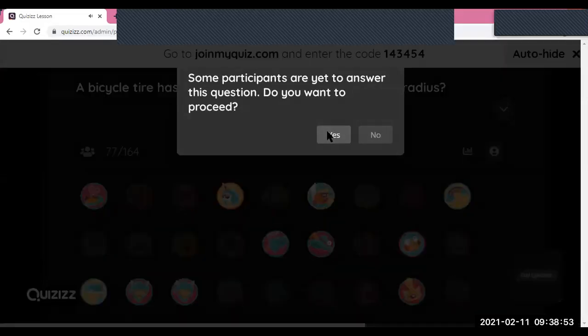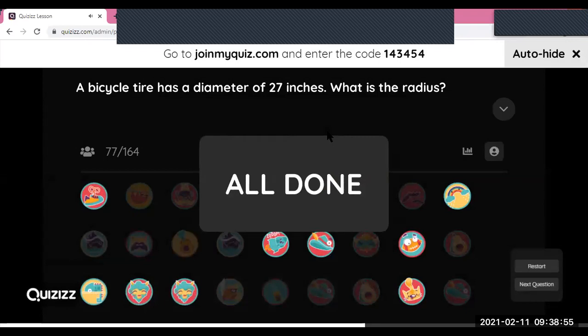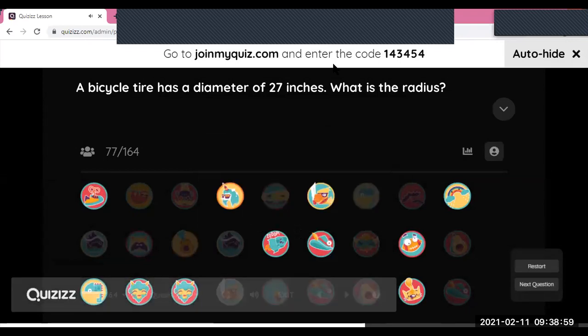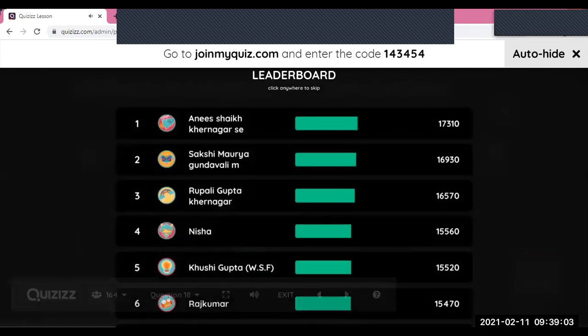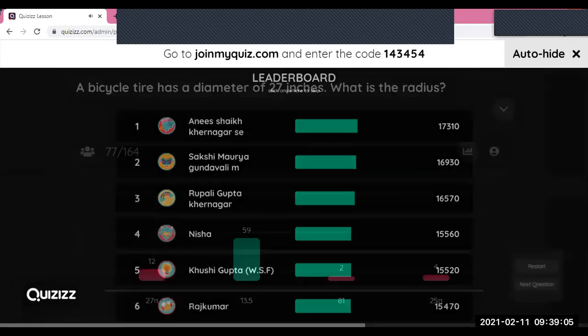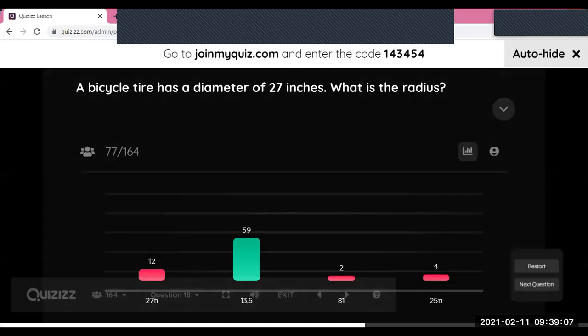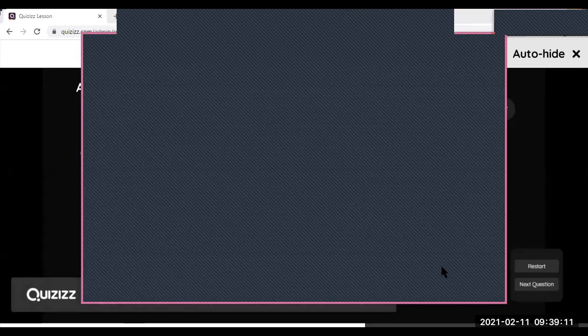With that, I'm going to end this question. Just check half of 27, that is equal to 13.5, right? Half of 26 is 13, so that is 13.5. 59 of you got it right, good. You all are trying now, more people participating, good.